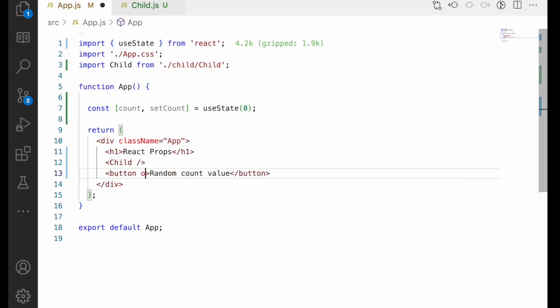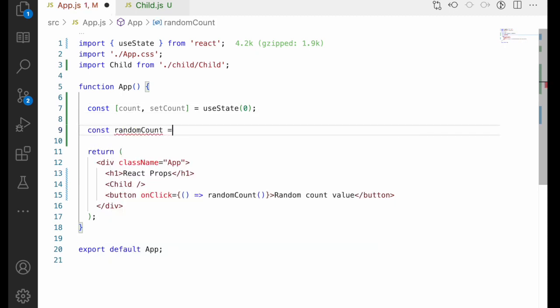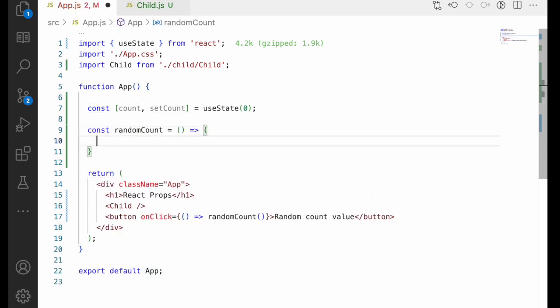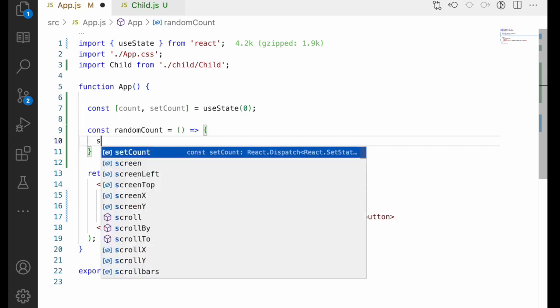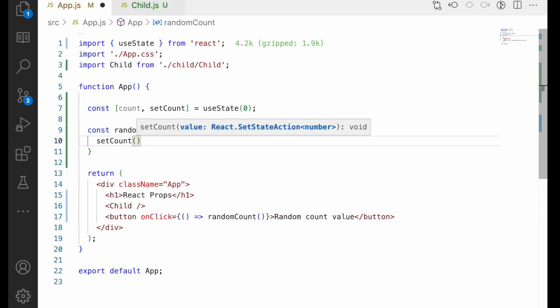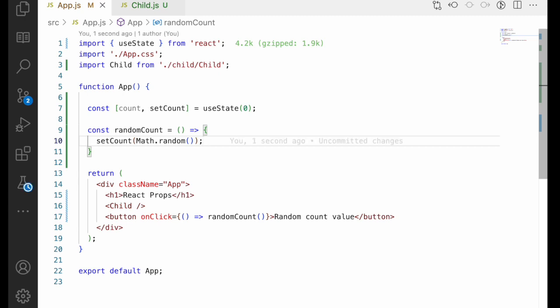Now I'm using an onClick function, where I can use a callback function, where I can create a function called randomCount and call this. So let me copy this and put it over here with randomCount as an arrow function. And now for this randomCount, I want to update the count value. So I'm using setCount of, I want to update the count value with Math.random of. So you will get a random number, and that random number will be updated to your count